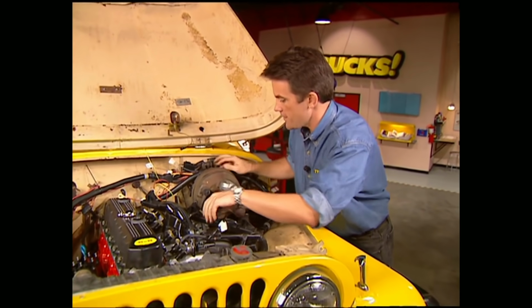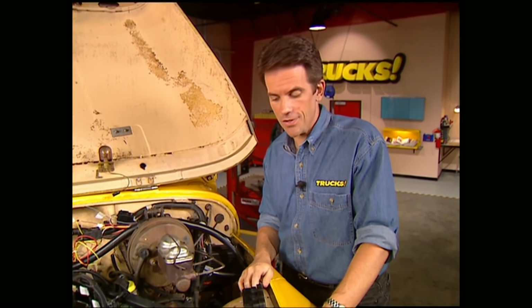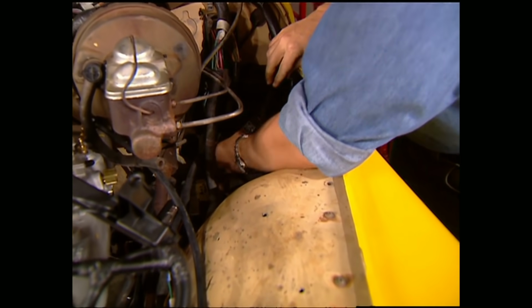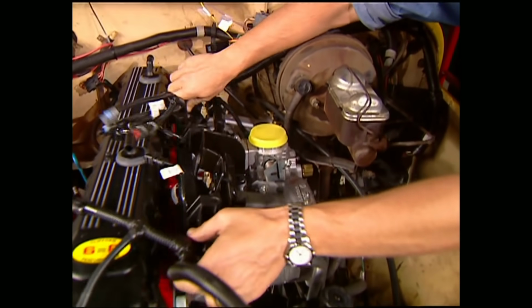Now that we have the front of the Jeep reassembled, we can get going on the hookups under the hood, which brings us to the main wiring harness, which we know you guys have been wondering about since we showed it to you earlier. Now on one end, you've got this 60-pin connector that plugs right into the computer. The other end of the harness you need to drape over the master cylinder to the driver's side of the